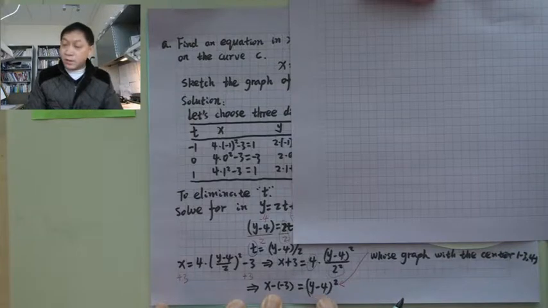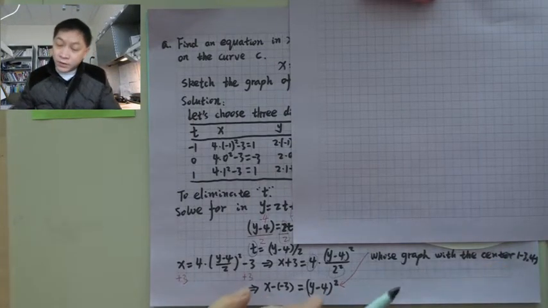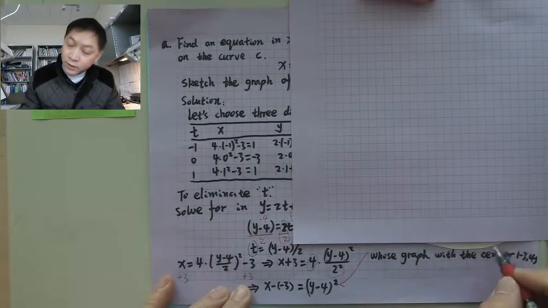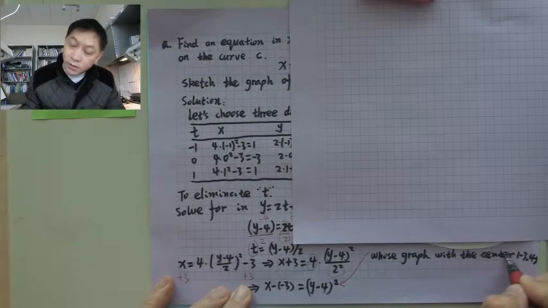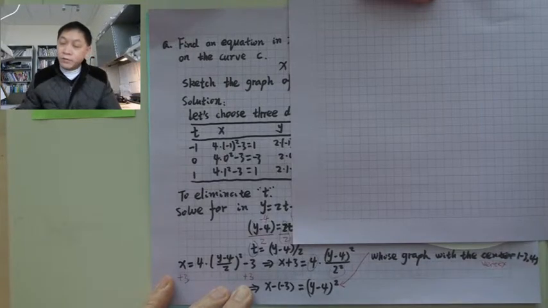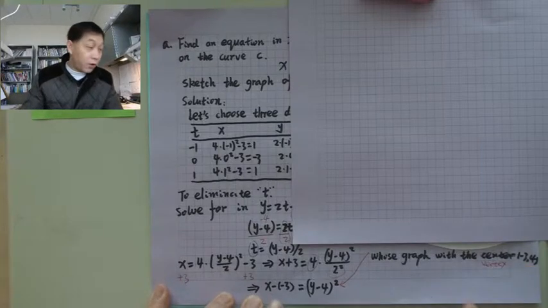Not the center. I should write vertex. Vertex. Okay. Whose graph with the vertex -3, 4